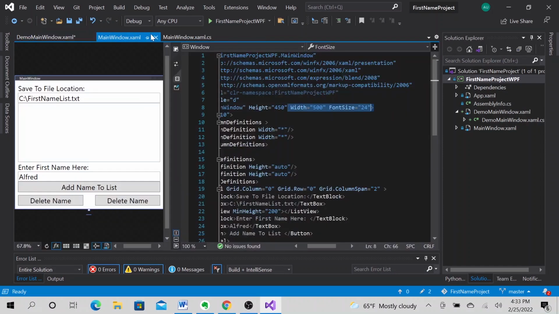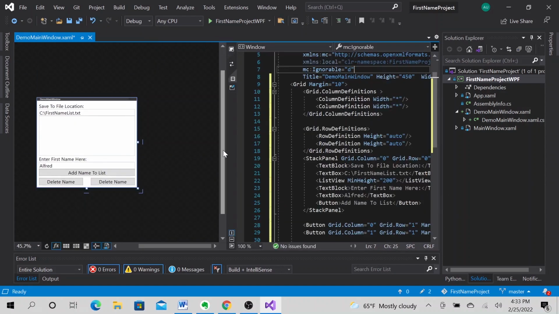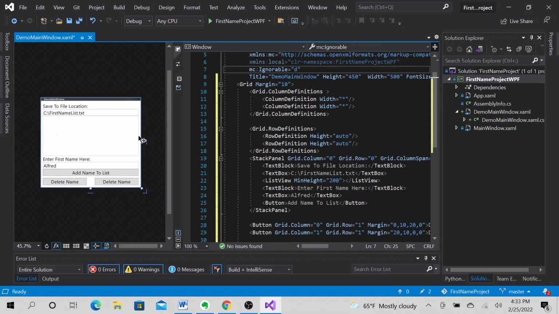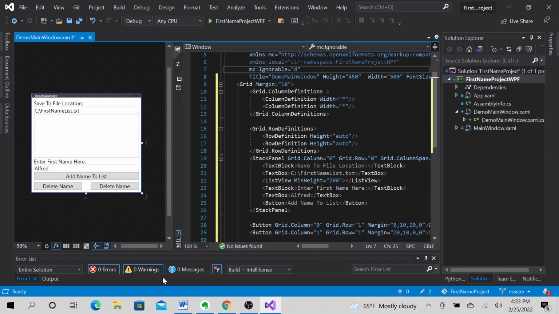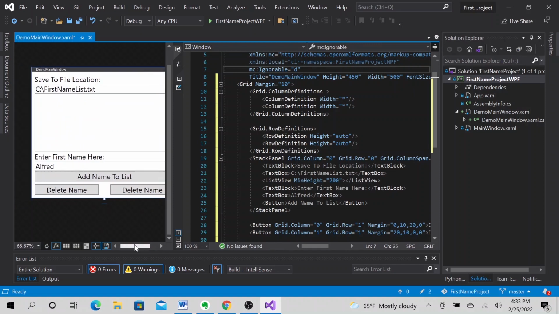So now let's go ahead and close out of our main window and stay with our main window. Go ahead and flip the screens to something that we are used to. Maybe I shouldn't have done this, but hopefully it makes sense. Okay, so now we are back to where we stopped. Now we want to create a user control that will take care of these two